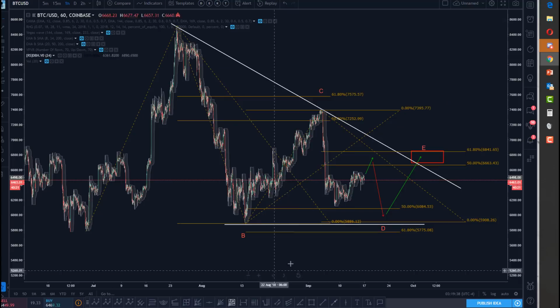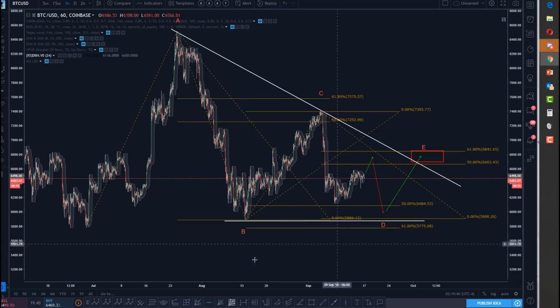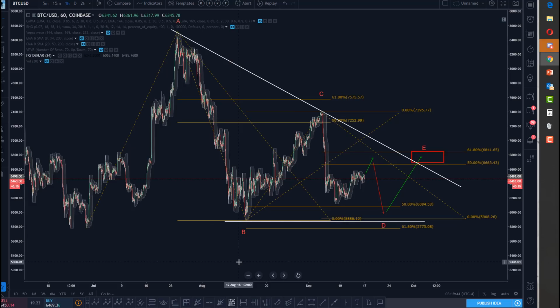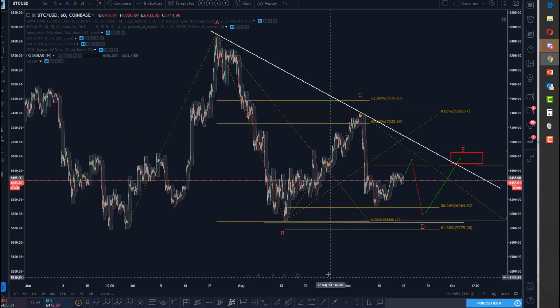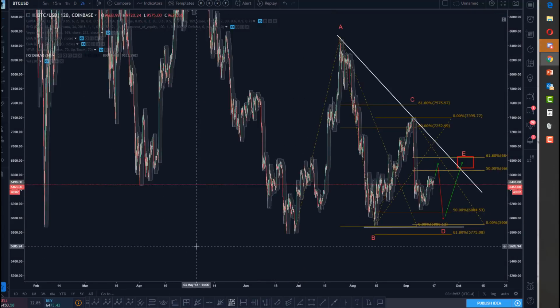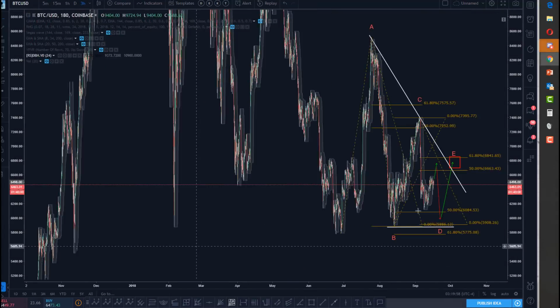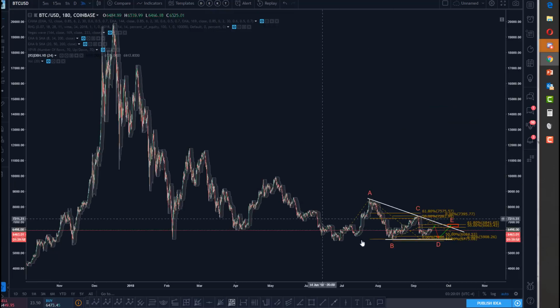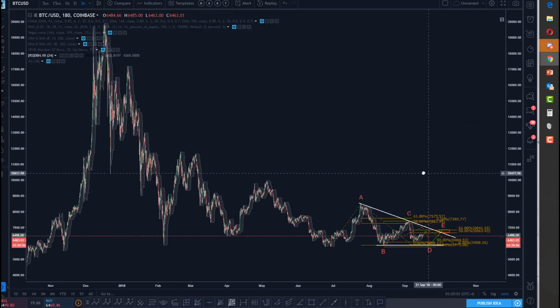So, one of the things that I've noticed about triangles is they generally comply to fib time better than most other patterns. So, let me do some fib time analysis for you guys and see if you agree with me this is likely, given what's going on. I'm not saying likely forever, but just given what's going on. Right.